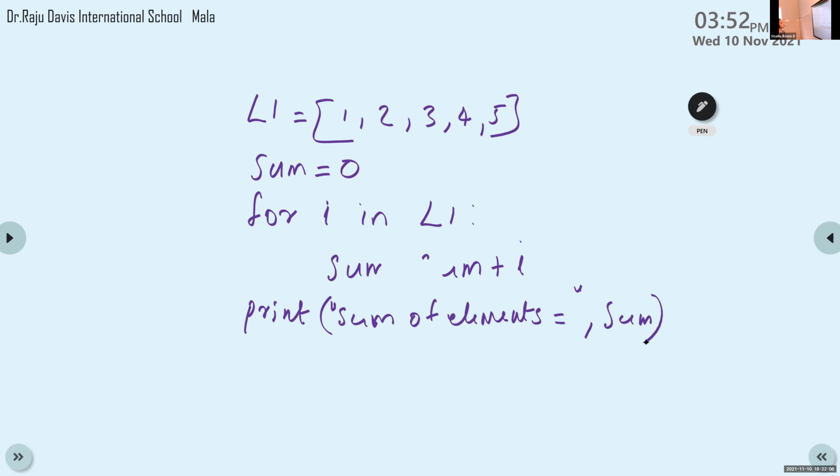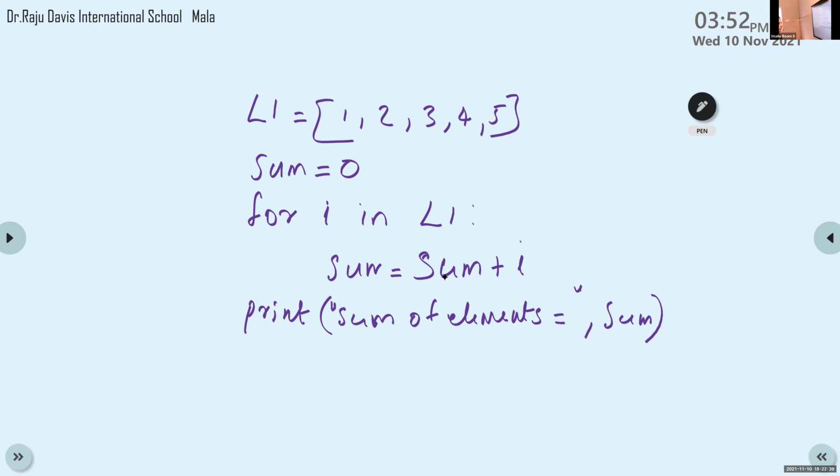This is the program to find the sum of elements present in a list. How is the execution of this program? Anyone? Anaga, explain this program. You are not audible, Anaga.